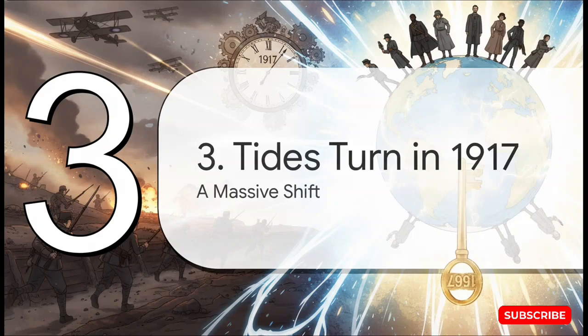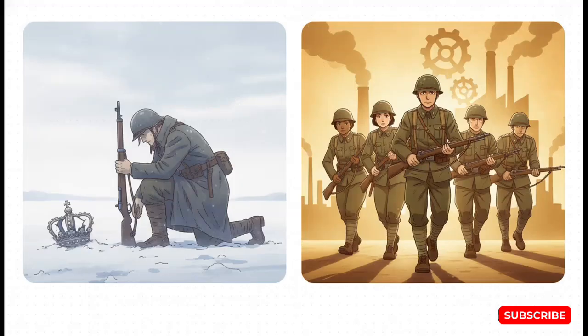Tides turn in 1917. Now, 1917 brought a massive geopolitical shift, and this brilliantly illustrates how chaotic things got. On the Eastern Front, a major Allied power utterly collapses. Enormous casualties and severe bread shortages in Russia led to huge riots, the abdication of the Tsar, and ultimately the Bolshevik Revolution led by Lenin. He promptly signs a peace treaty and pulls Russia out of the war entirely. But just as Russia exits the stage, an industrial giant enters. The United States officially declares war on Germany, bringing immense, fresh resources to the deeply battered Allies.